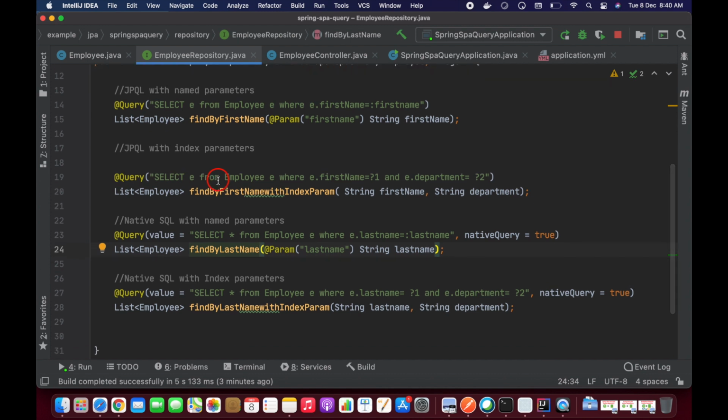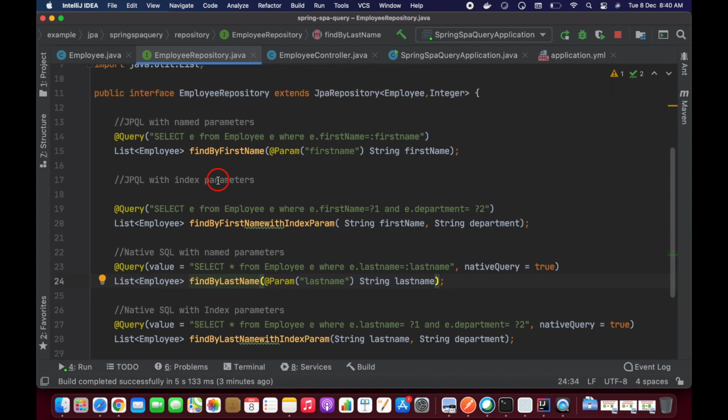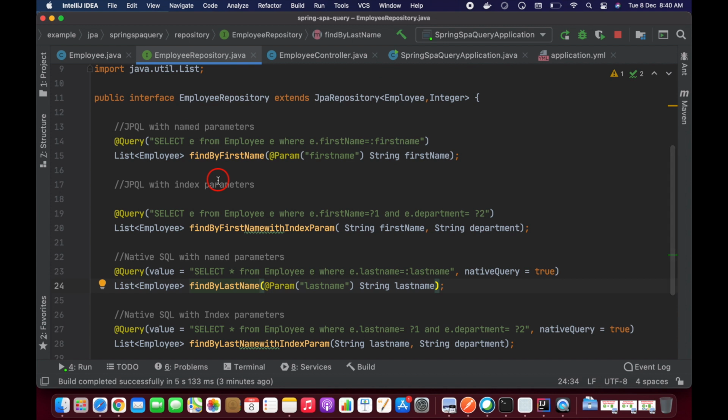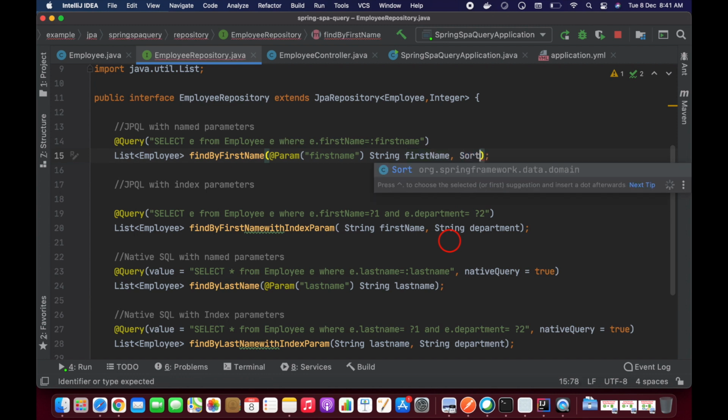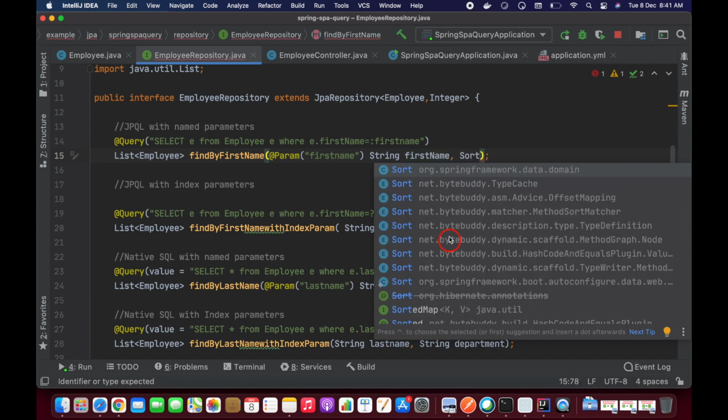So what if you want to sort this query data? Let me sort this data, guys, by using Sort. This is the Spring Framework data domain Sort.